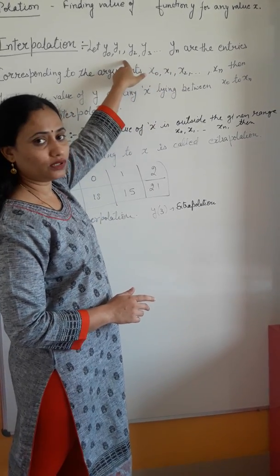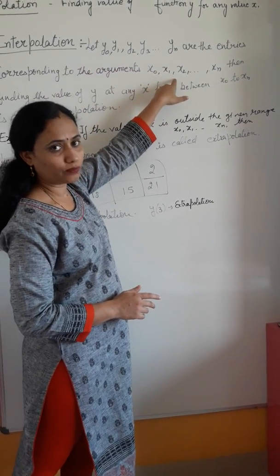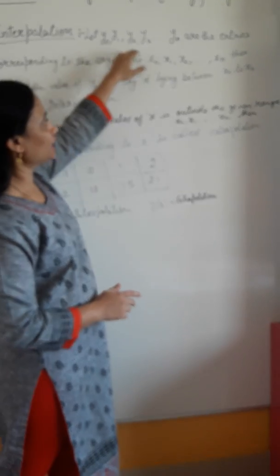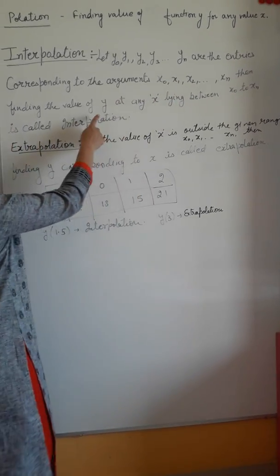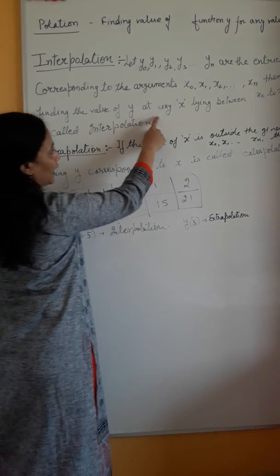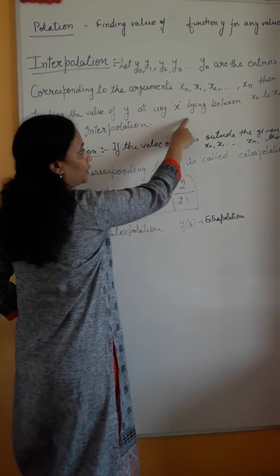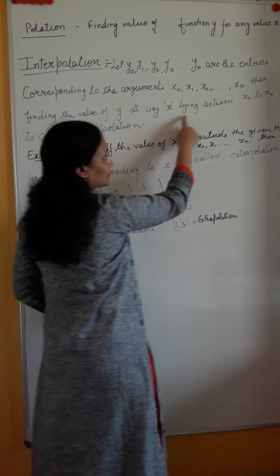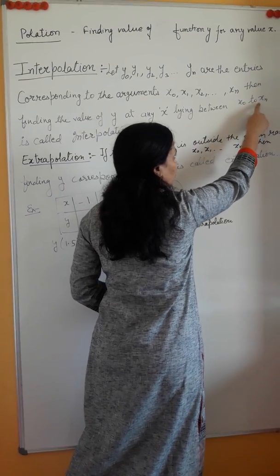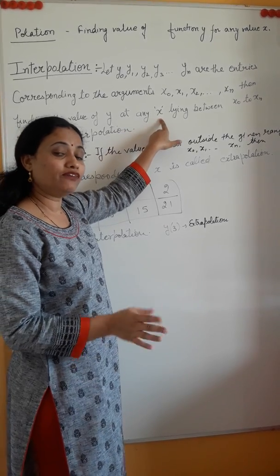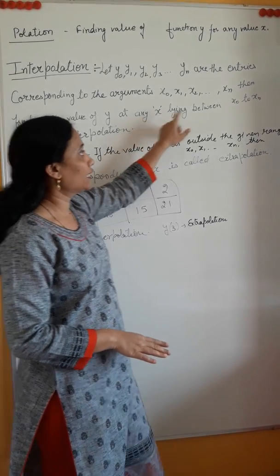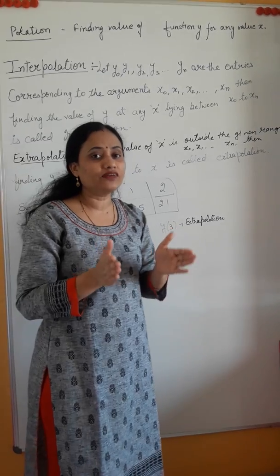So these are entries, these are arguments. If these are the entries corresponding to these arguments, then finding the value of y at any x, where this x is lying between x0 to xn, that means the point where we have to find y lies within the given range,